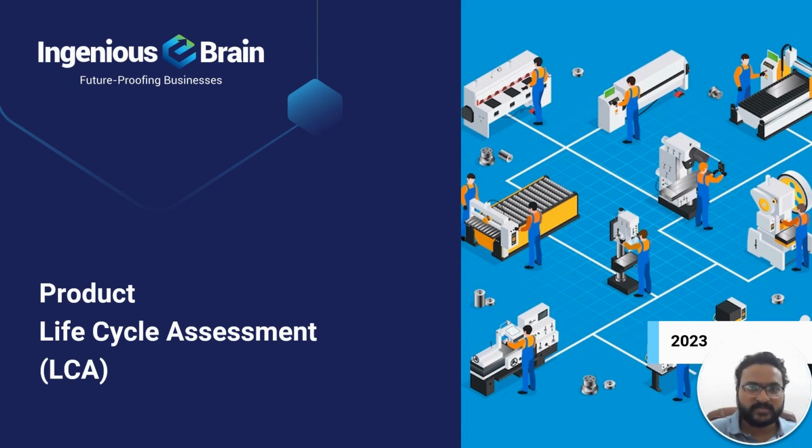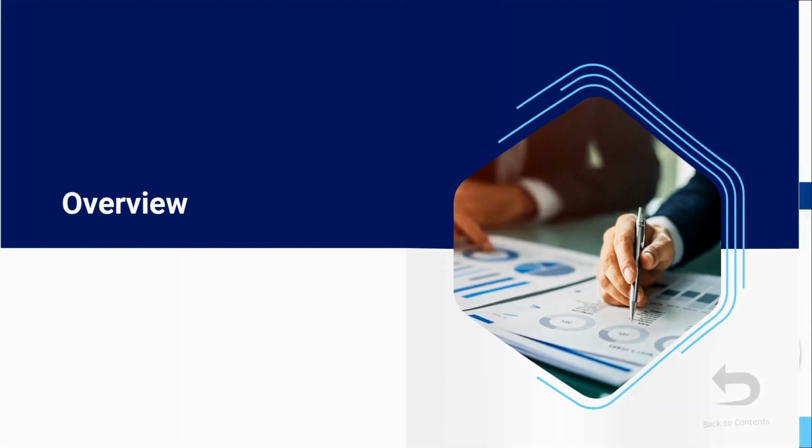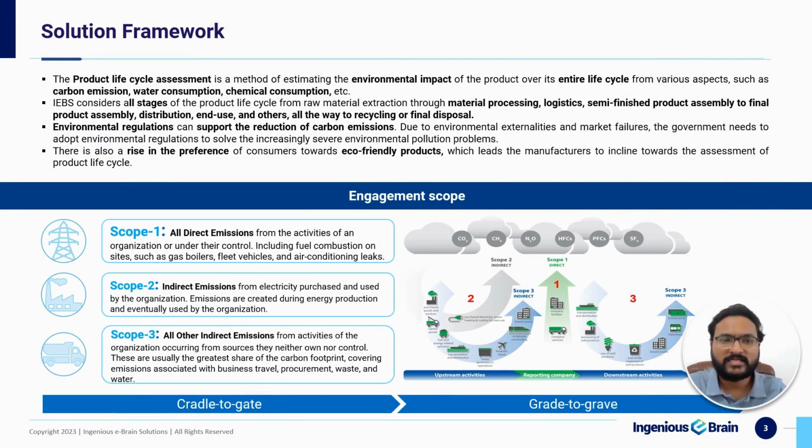Today we'll be discussing the product lifecycle assessment, wherein we'll be largely talking about how to assess and estimate the environmental impact of various products and the processes across its life cycle. So the product lifecycle assessment is the method of estimating the environmental impact of the product over its entire life cycle. And to do so, we have to cater to the carbon emission, carbon equivalent emission, water consumption, or the chemical consumption. Furthermore, when we look into the emissions, we have to consider it across various categories like the scope